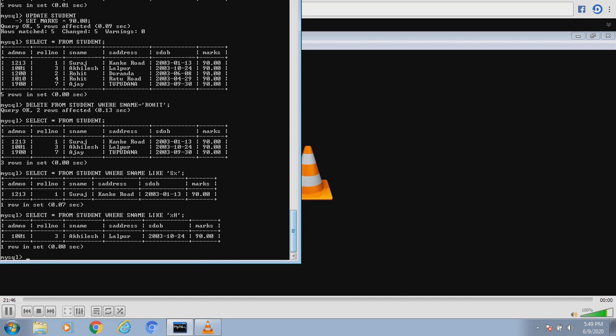No problem in it. You cannot count how many things. There can be anything or there cannot be even a single thing. But H should be at the end in the second case, and in the first case S should be at the beginning. Now suppose my question is that we want to display the details of those tuples whose second character in address is A. So what should be written here? We'll write select star from student where S address